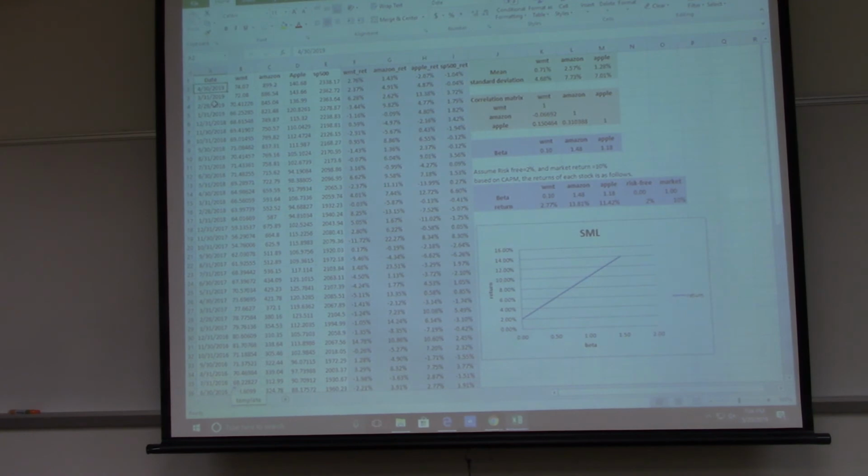If that's not a trading day, it's a holiday, it's a weekend, the website will give you the stock prices of the closest one to that date. Can you find it? Go